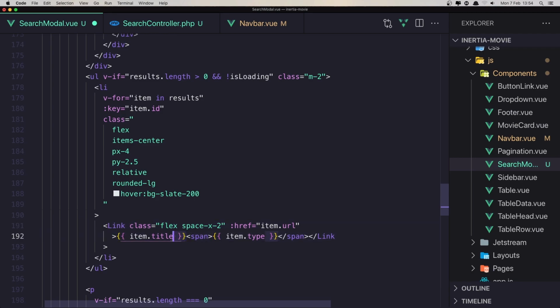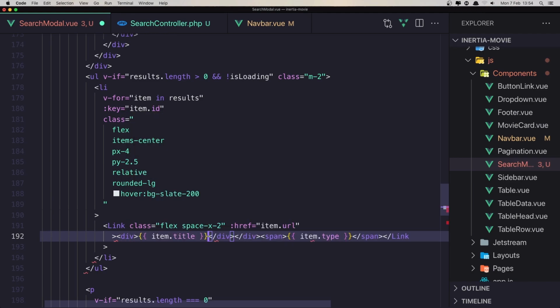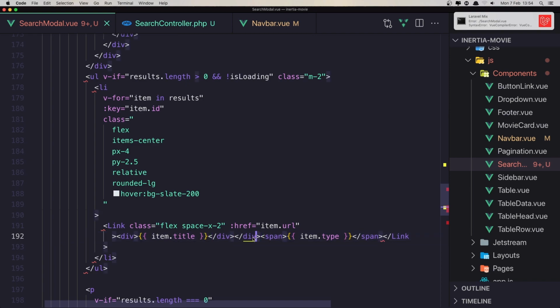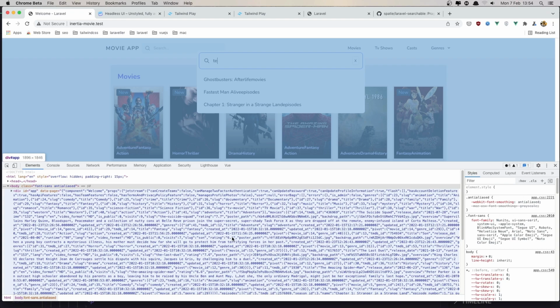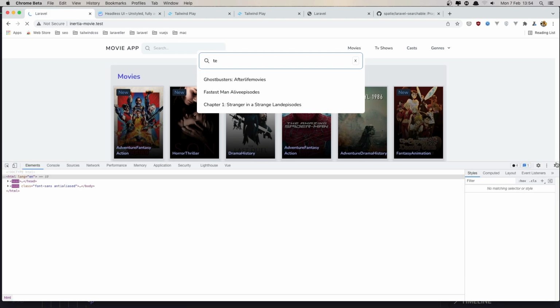And here also we need to add, so cut, add div, and paste that in. Save. And why we have 3 divs. Save now. Come here, refresh, close this one,